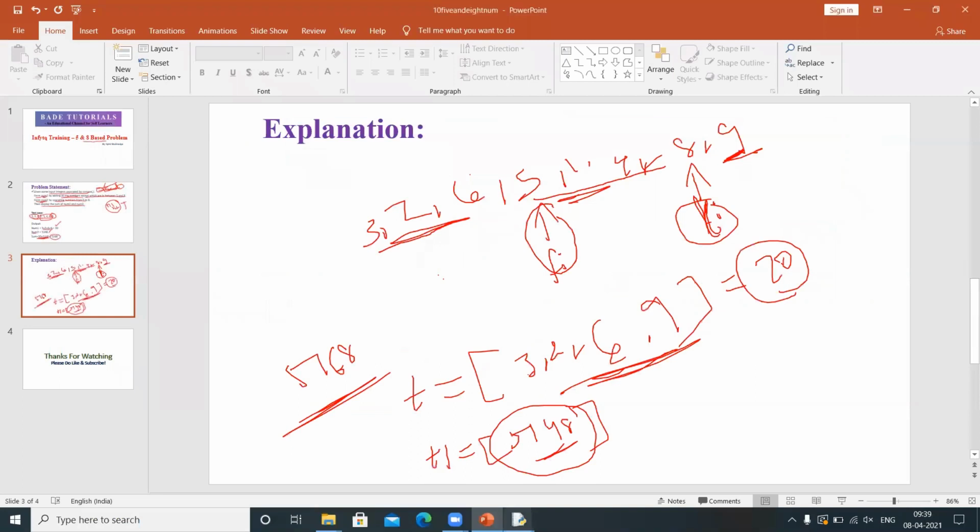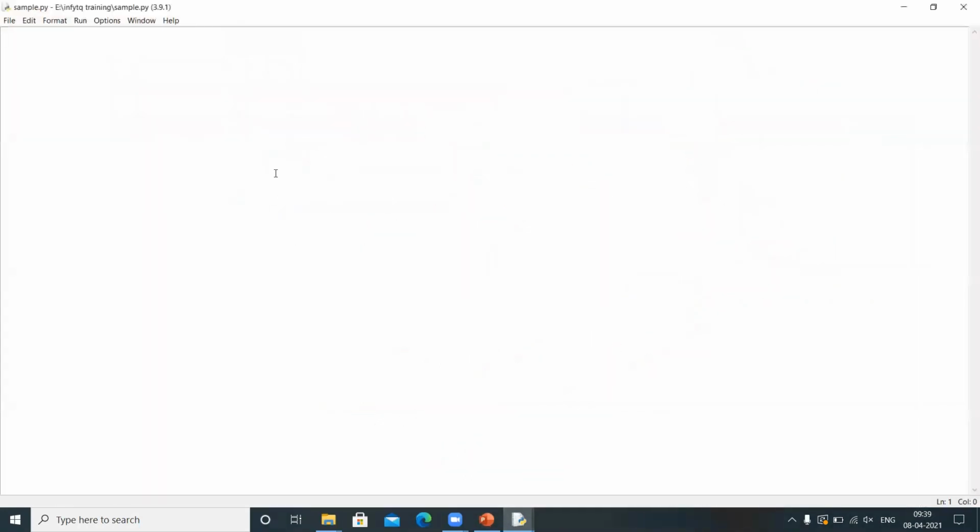Observe here. The first thing we need to do is read a list of numbers. L equals x for x in input dot split of comma. What will this line do? Whatever numbers you are given are stored as strings in the L list.